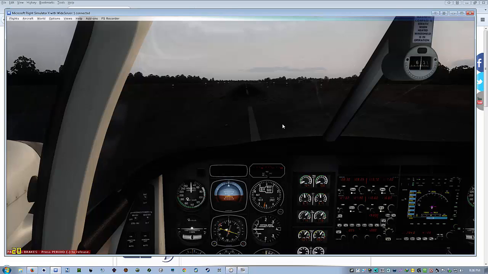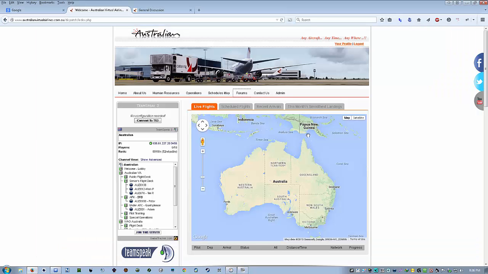So I'm in my flight sim. I'm at Bourke, out the back, New South Wales. There's no taxiways, so I'm sitting on the runway here. I've already bidded my flight, which I'll show you that quickly. We've implemented a new interactive schedules map. Click the schedules map,